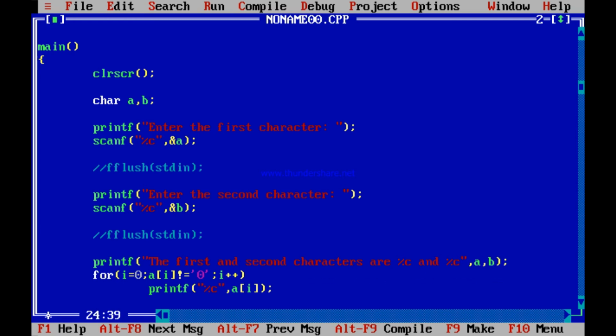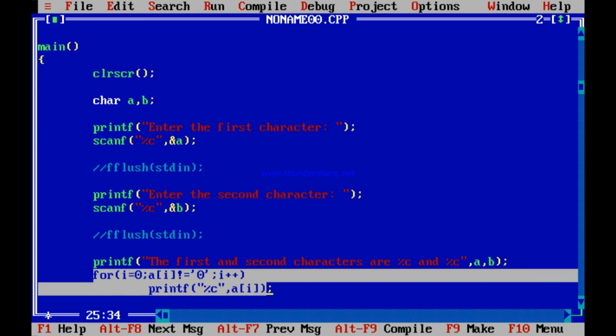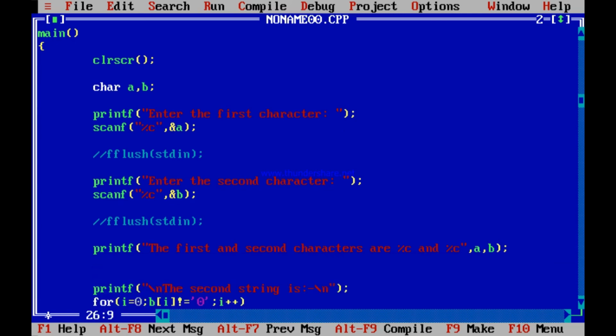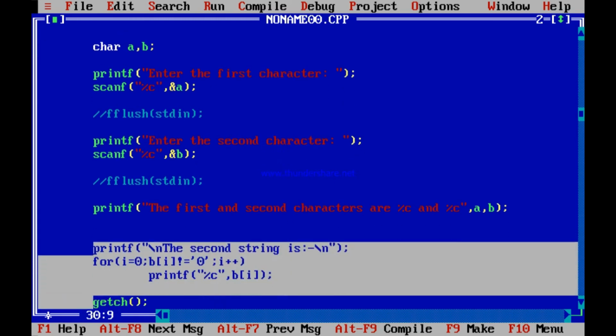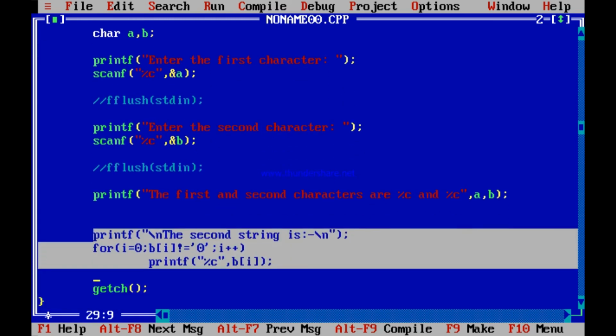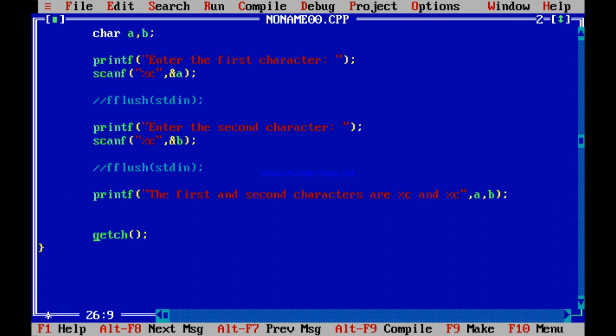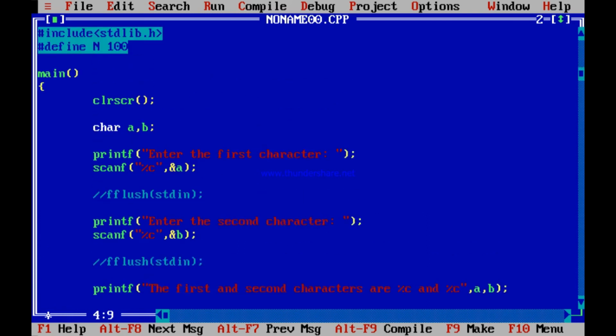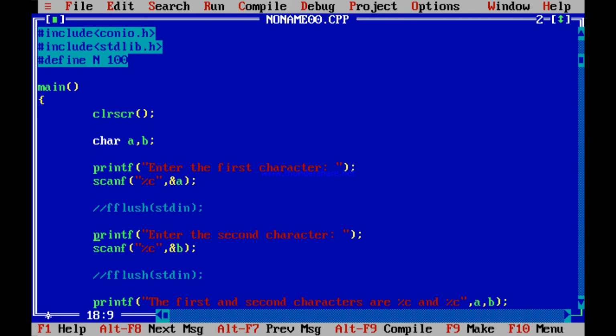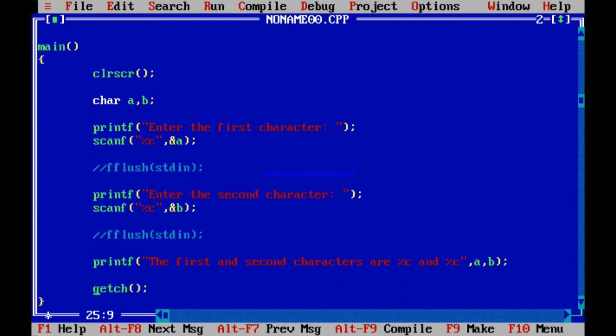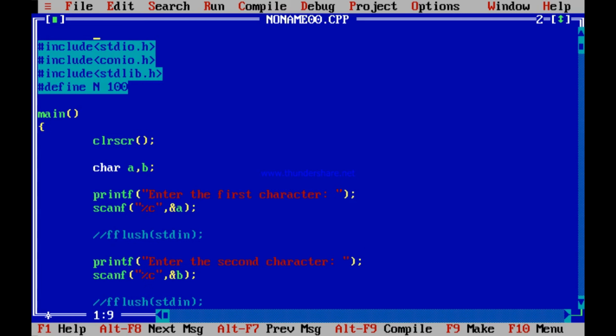So now I will run this piece of code. This part deleted. Now, what will happen? I have only scanned one character in A. I have scanned the second character in B, and I am trying to print the two characters. Let's see what happens.